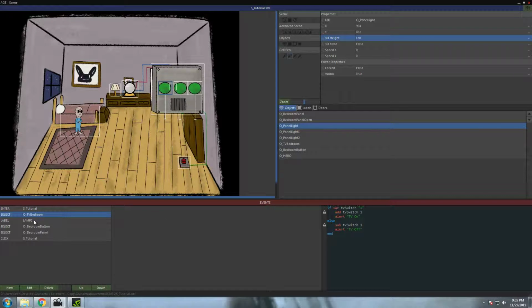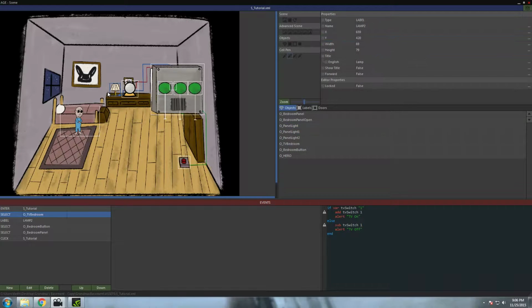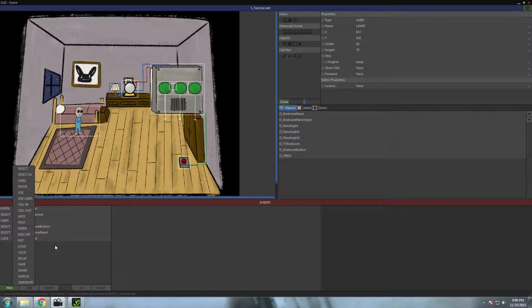In terms of what you can apply this to, it can be done with a label as well. It doesn't necessarily need to be an object. So I've created the TV object, obviously, but the lamp was part of the background. Because I didn't want to redraw a lamp or take the time to cut it out, I just put a label around it, and then instead of select TV bedroom, you go new label,